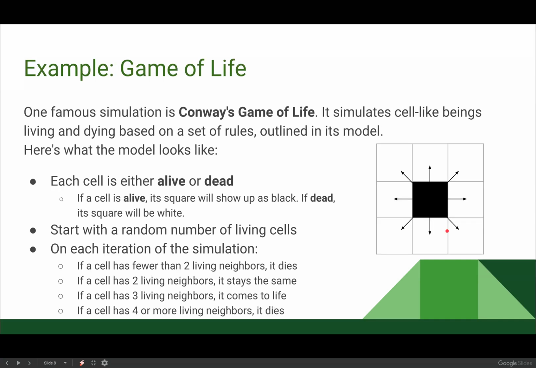So one famous simulation is called Conway's Game of Life. It simulates cell-like beings living and dying based on some set of rules, which are outlined in this model here. So every cell is going to be a box on a grid, and if that cell is alive, the square will be black. If the square is dead, the square will be white. We're going to start our simulation with a random number of living cells, and then each time we check something,